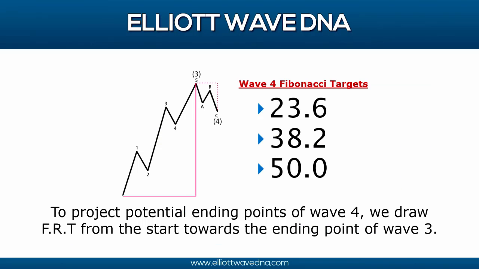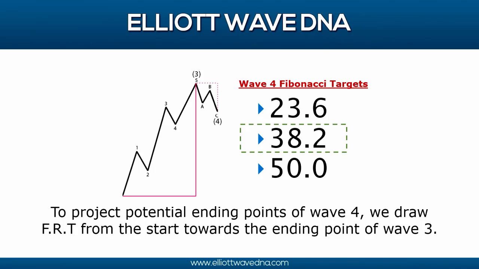To project potential ending points of wave 4, we drew a Fibonacci retracement from the start towards the ending point of wave 3. The usual targets that we are going to see are 23.6 and 38.2%. In case wave 3 is extended wave, usually 23.6% is going to be the place where we can expect the wave 4 to end, but in the standard impulsive patterns, we should be able to see 38.2 in 80% of